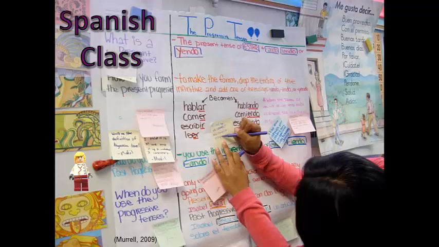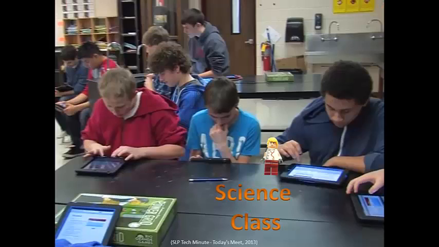The Lego man got to see how in Spanish class, students could practice their Spanish spelling and grammar skills by holding a conversation with their peers in their own class or grouping with another class at their school or at another school. In science class, the Lego man learned that students can ask questions during lecture. Some students will answer other students' questions. Questions that are not yet answered can be answered by the teacher by looking at questions at various intervals. Students have more ownership in the lesson because students that do well with lecture can help others, and students that need more help do not feel as bad asking a question online.